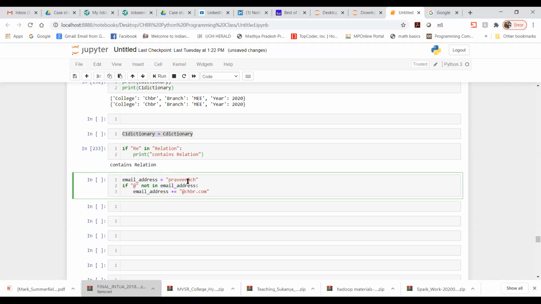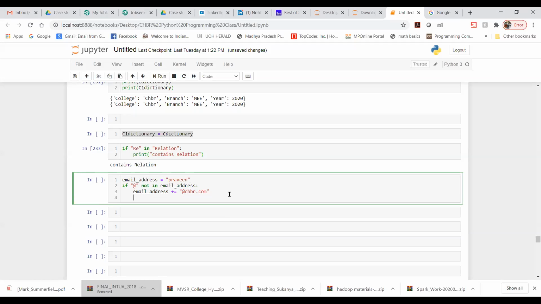If it is not present, then I need to append it at the end of the name. So I'm checking this. Now let me just make it here, print.